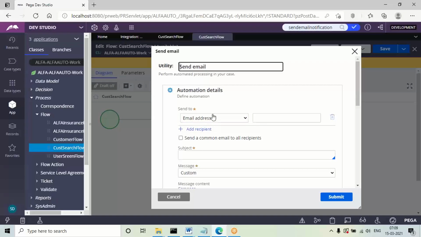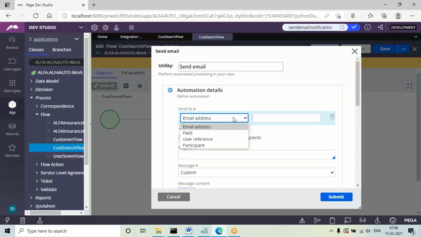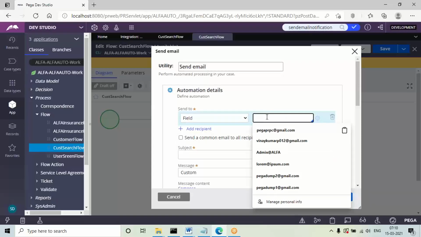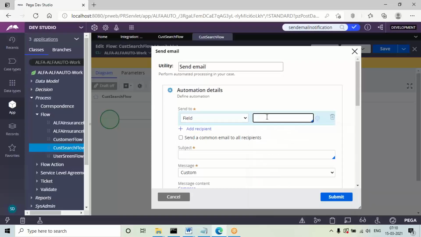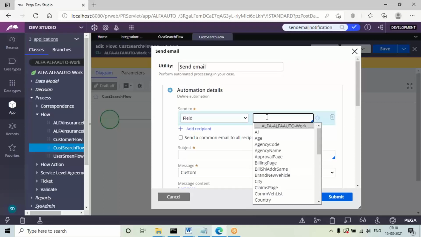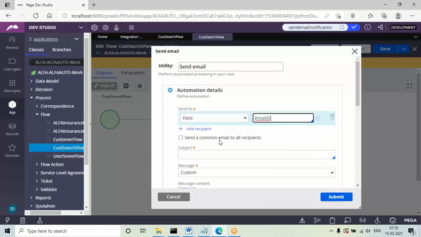And see here, by default you'll get an email address, but they'll never hard code the To address. Nobody will have that information. So here you need to choose the field option, and provide the email ID property you have to assign. And we already have the notification subject; give it manually, whatever is required in real time. So they'll enter the subject.